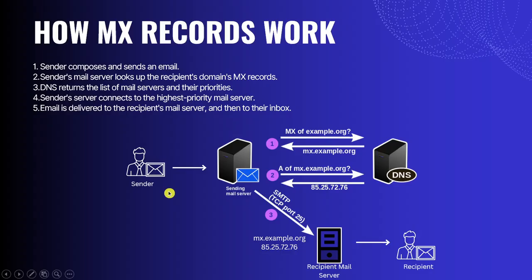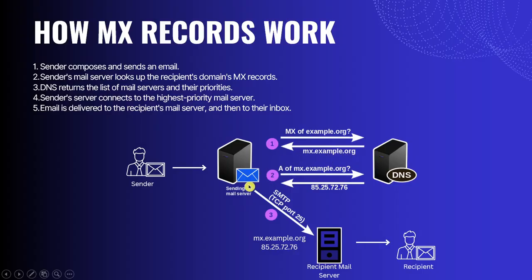When the sender composes an email and presses the send button, the message is delivered to their sending mail server. The sending mail server then looks for the recipient domain's MX record. It asks the DNS server for the MX of example.org, and the DNS server responds with the MX record of example.org is